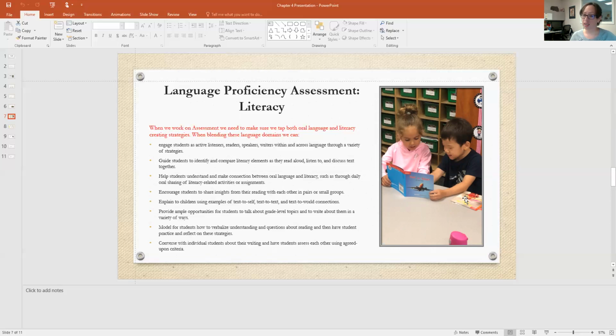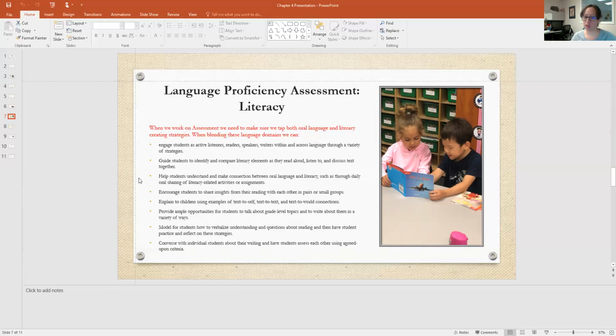Biscuit is one of my favorite books to start reading to preschoolers and kindergarteners because of the rhyming. Dr. Seuss is one of my favorite books too, and children seem to relate. And they're also funny books, and kids like to giggle, and it just makes it where literacy could be something fun.